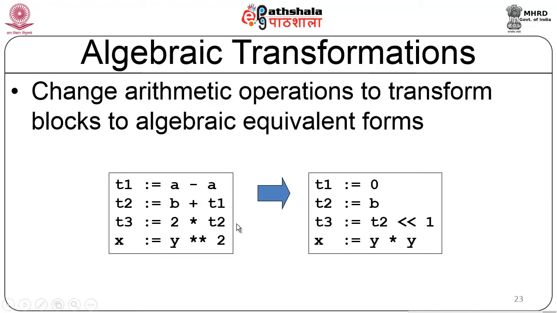Multiplication by 2 is nothing but left shifting by 1. So, I have left shifted T2 by 1, which is nothing but multiplying it by 2. This is actually a cheaper operation compared to multiplication. And then I have here x is equal to y power 2, y squared. Y squared is nothing but y into y, so I am using that here. Similarly, if it is y into 0, I can say it is nothing but 0, and I can assign the value as 0 itself. If I am going to say y into 1, I can assign the value as y itself. So, depending upon the properties of mathematical identities, I can use some transformation which is possible here.